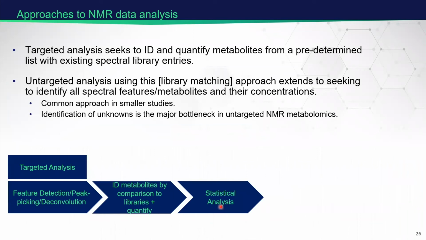Target analysis, on the other hand, seeks to identify and quantify metabolites from a predetermined list, and these would have existing spectral entries. In the previous talk, you mentioned that this is through a hypothesis-driven approach. In practice, most of the analysis we do is on smaller scale studies, where the statistical methods and the binning approaches aren't as robust, maybe because, number one, we don't have the number of samples, or we don't have the control